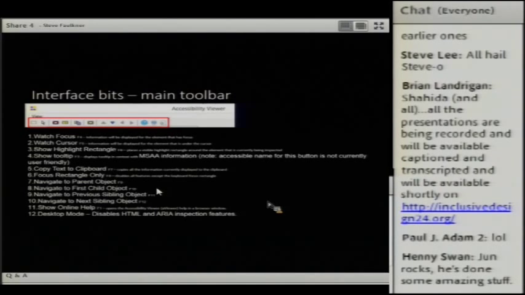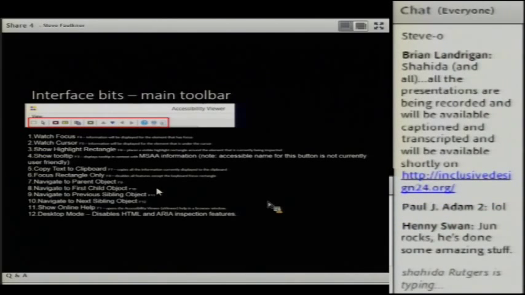You'll actually get that in line as you either cursor through or tab through the HTML page. Copy text to clipboard just means that it'll copy the detail information and code for any particular thing that's currently being shown in the panel.